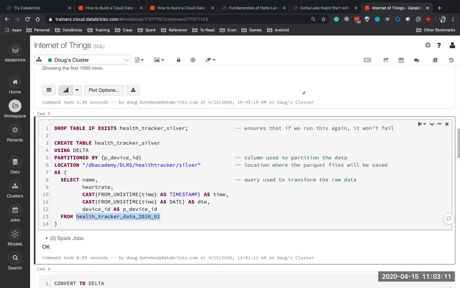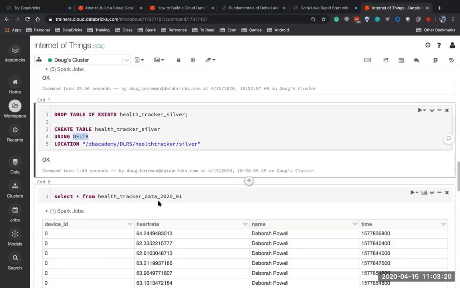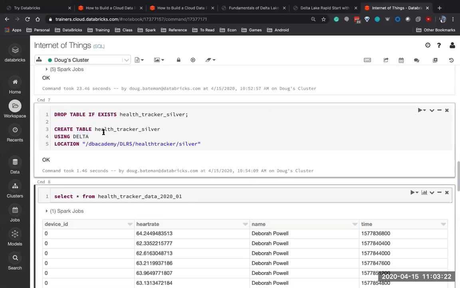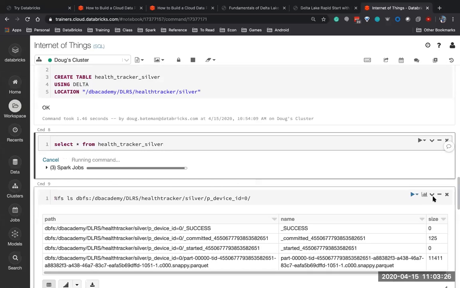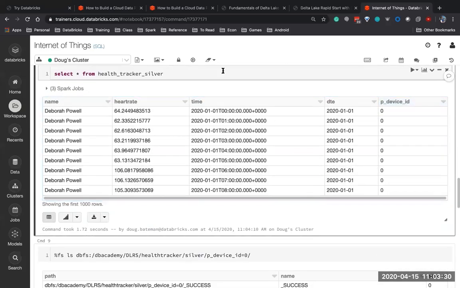All right, so at this point, what we've just done is we've created a table designed for query purposes. And at this point, it is a delta table. And I'm able to, in turn, query that table. And one thing that you'll note is that it queries a lot faster than it used to query if it was a JSON file. So now notice I'm getting sub-second query times because Delta and Parquet are much faster than